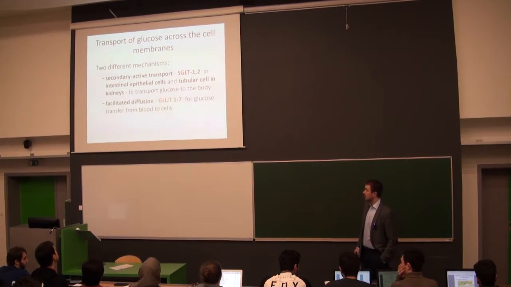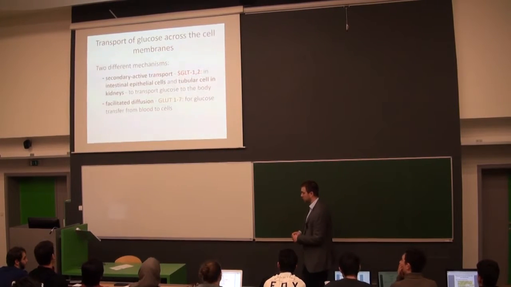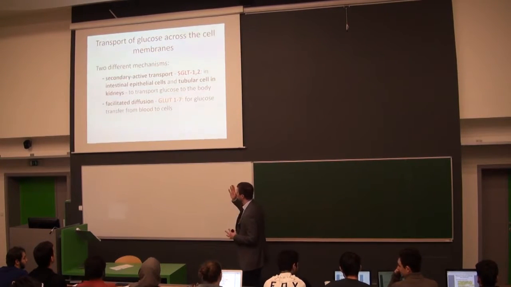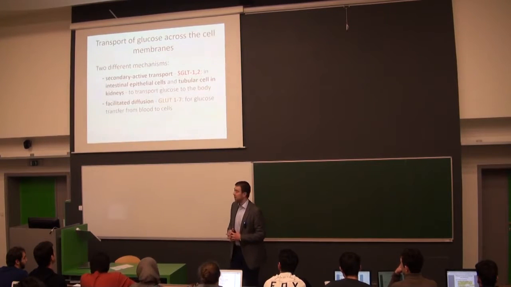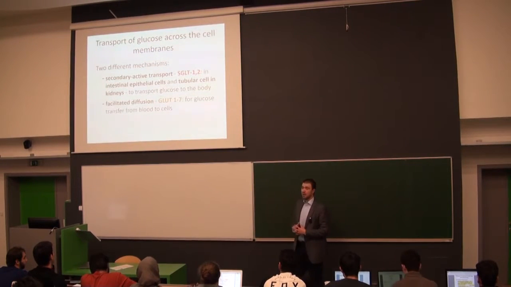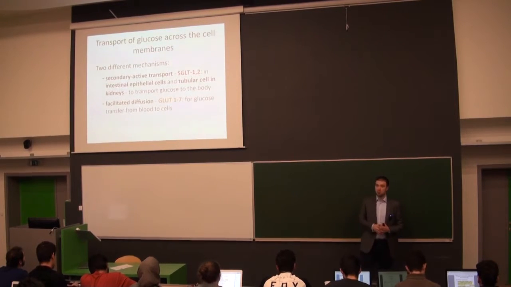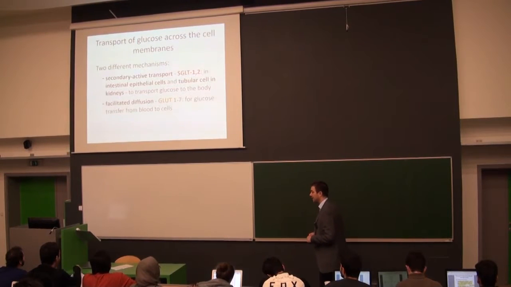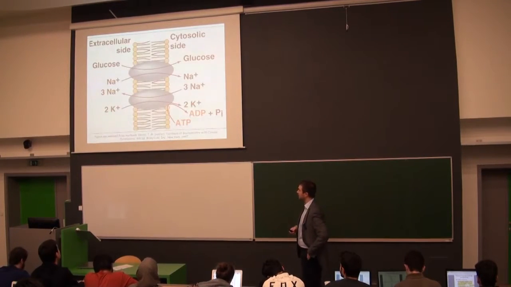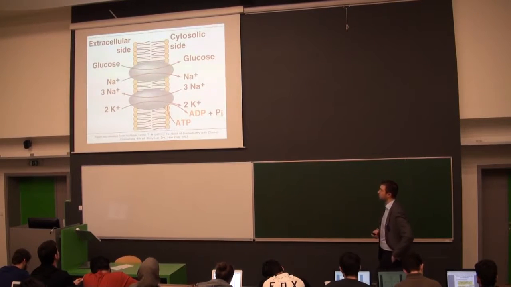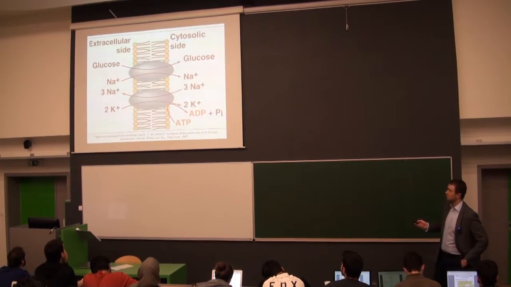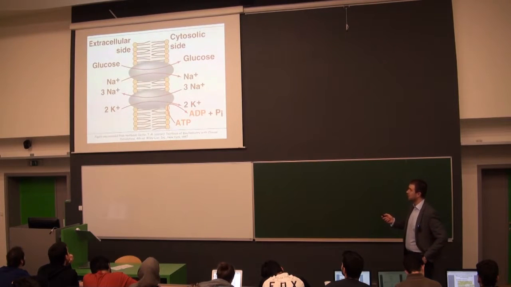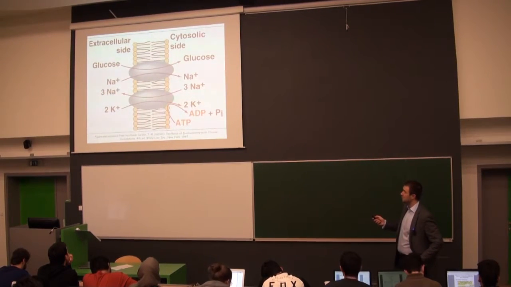If we look right now at the two basic types of glucose transporters, we have two basic groups. The first is SGLT1 and 2, that means sodium glucose transporter. We have two basic types, and it's the ideal example of a secondary active transporter. That means you have sodium plus glucose moving through the membrane, and sodium is working here as the horse that's drawing the glucose inside the cell.